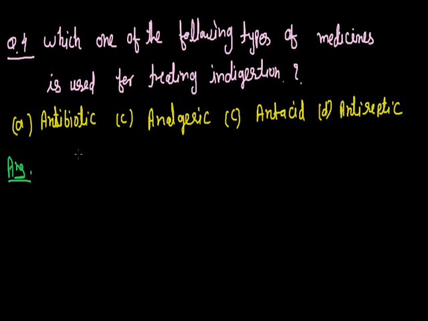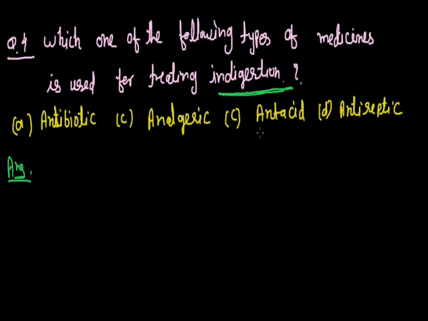First, we have discussed what the reason for indigestion is. Basically, indigestion means there is an excess of acid inside the body. So we can say that the indigestion problem is created due to the formation of excess HCl by the stomach. So for treating this problem, we use a substance which neutralizes the effect of this excess acid, which means HCl. So no doubt we are using the antacid.